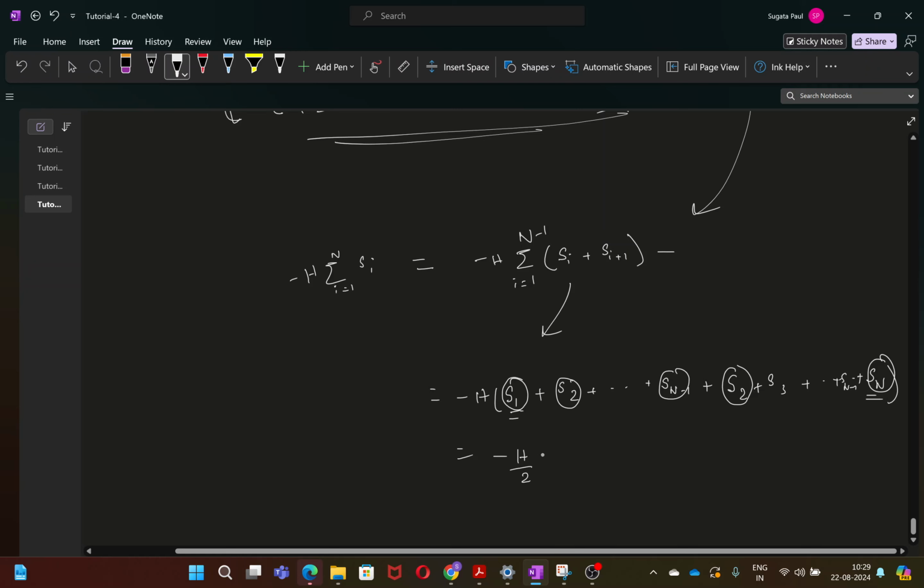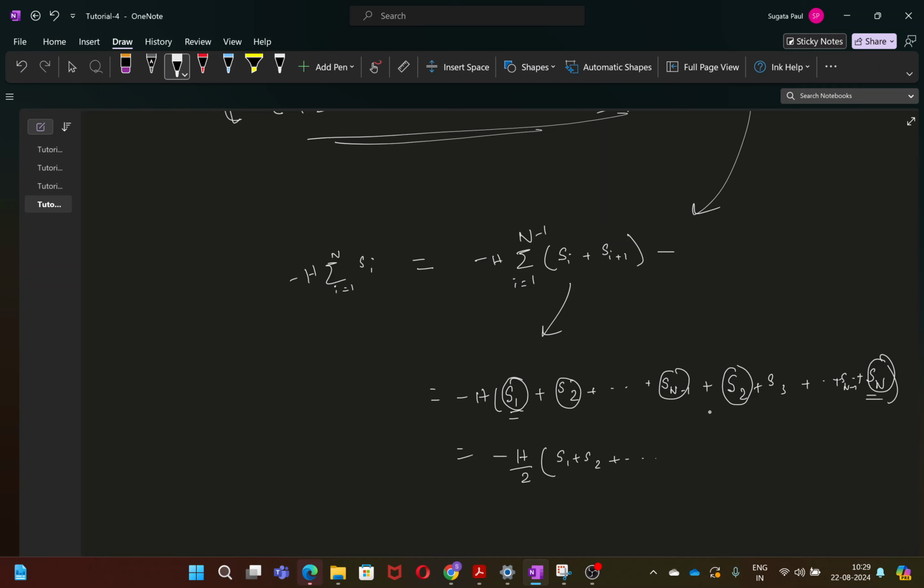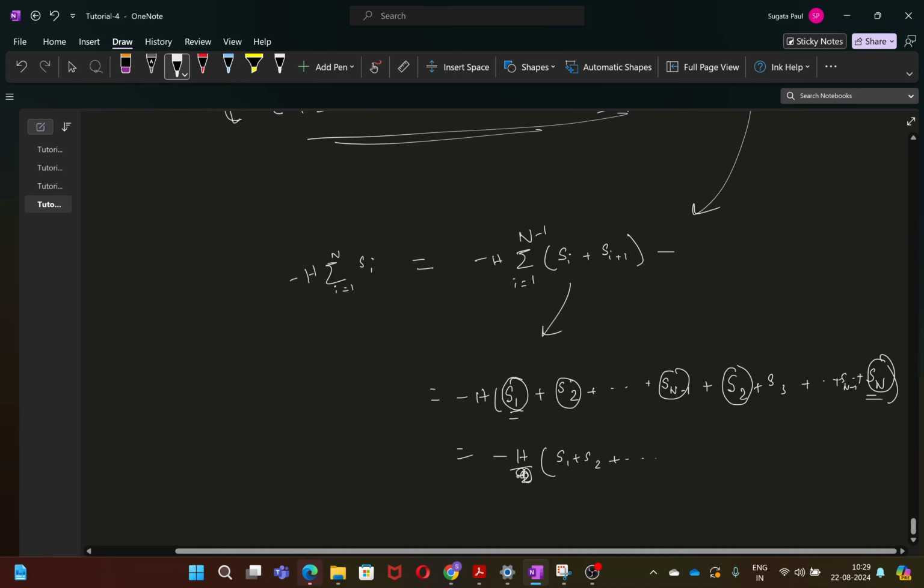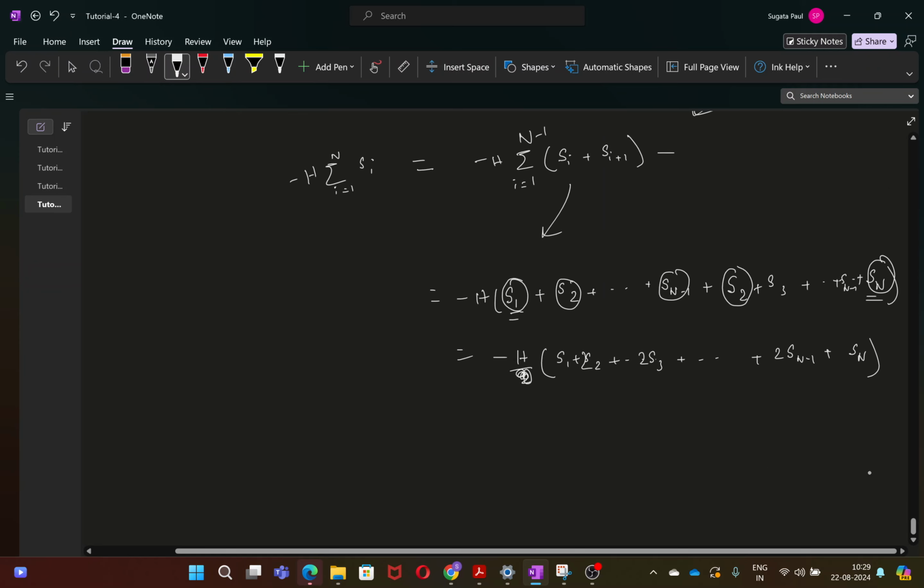basically minus h by 2 S1 plus S2 plus... so this is basically 2 times all the other spins and 1 time S1 and Sn. So just write it down like that: minus h by 2 [S1 plus 2S2 plus 2S3 plus dot dot dot plus 2S n minus 1 plus single Sn]. So this is the case, and then